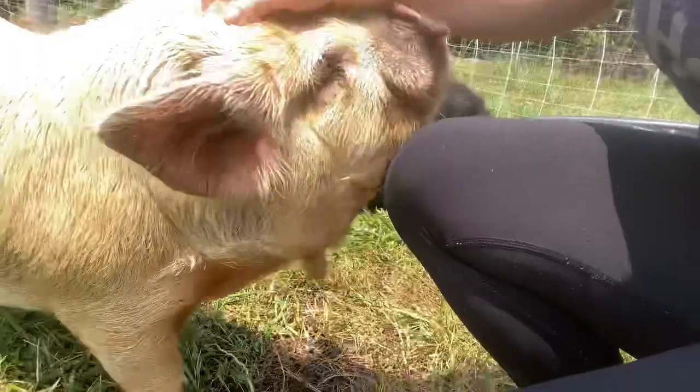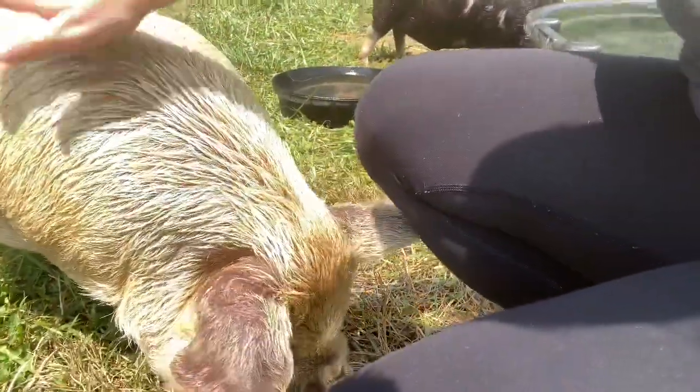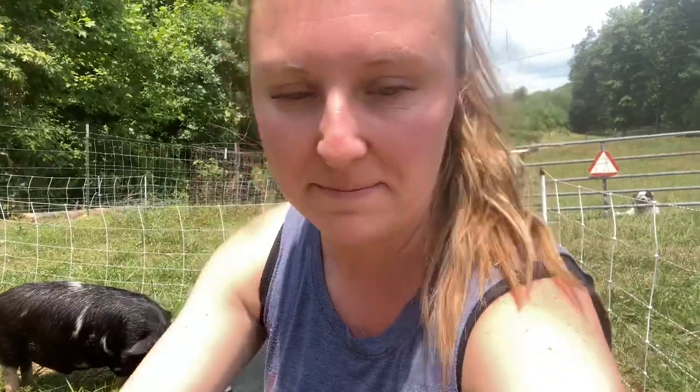She is our breeder, Cooney. She is about 4 months old. She's a good girl. If you don't know a lot about pigs, the reason that you see pigs in mud pits and laying in water is because pigs actually don't have the ability to regulate their own body temperature. So when it's really hot, they need access to water of some form to lay in and cool